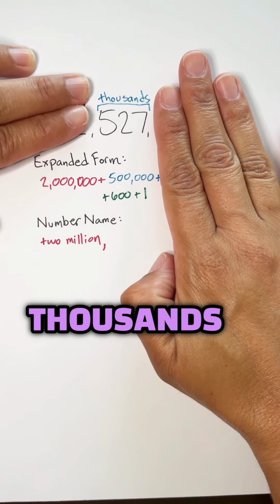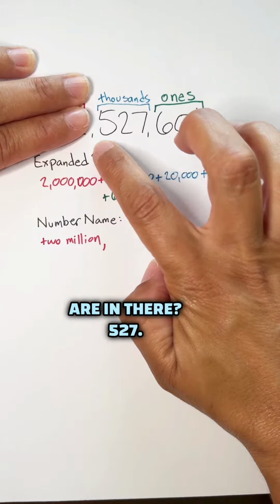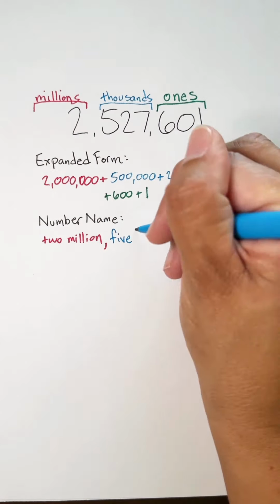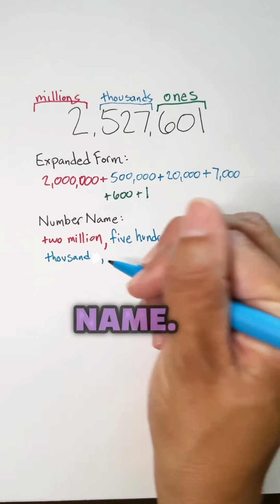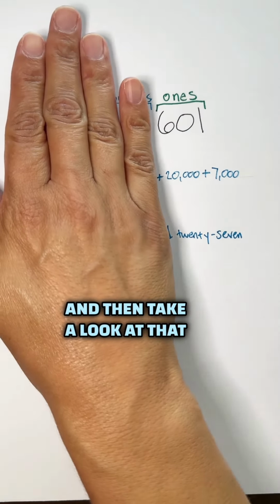Next we have our thousands period, and how many are in there? 527. We've reached a comma, so let's put a comma in the number name. And then take a look at that last period,